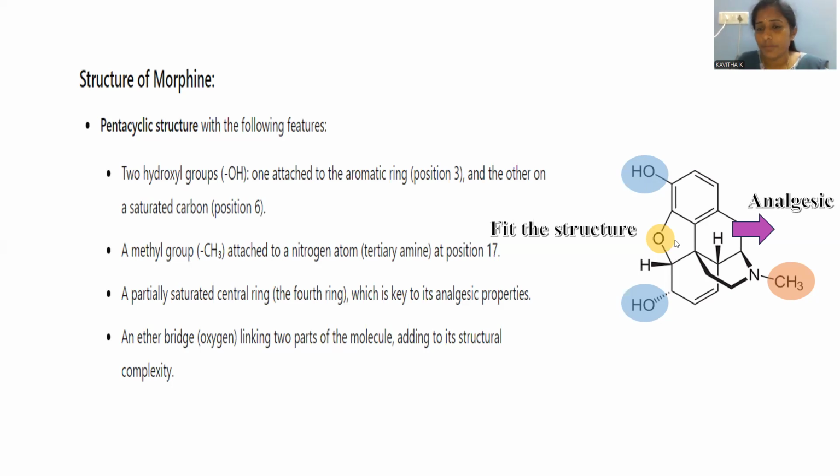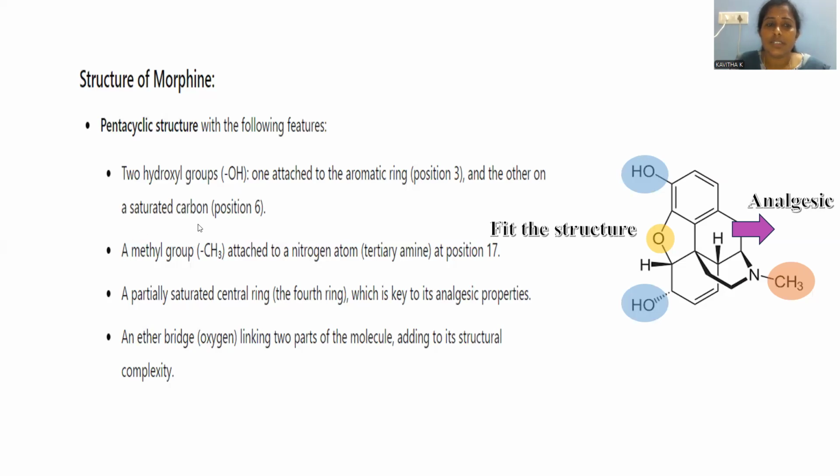If polarity doesn't satisfy, and you are consuming that drug, it will not mix with the fluids which are present within the organisms, within the organs. If it is not mixing with that kind of fluids, that may not work. If it is insoluble, that's the reason why hydroxyl will give the polarity. Polarity used to induce the dissolving tendency for that medicine, right? And this is about hydroxyl.